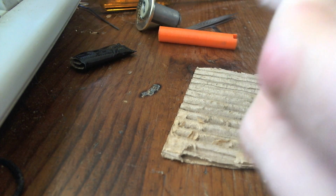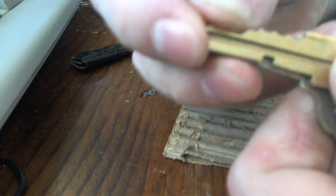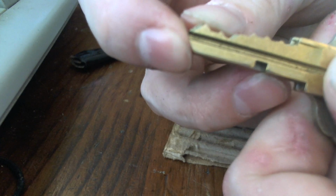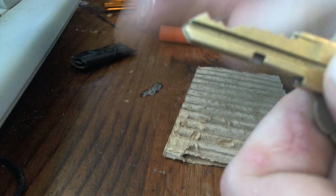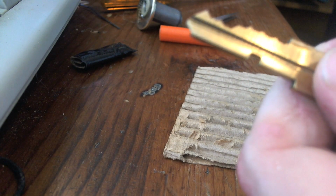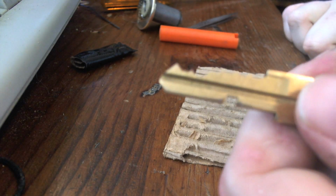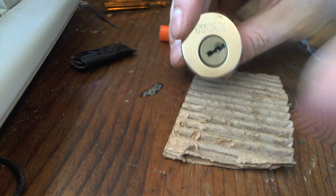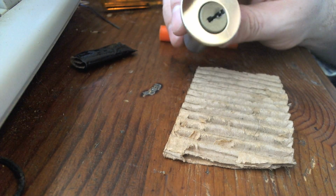So you'll notice if I put them together, obviously my key's not going to work. But you can see that they're counting on you using a key to get into this. There was no thought given to the security or pickability of this because we didn't use a key. So that hole was wide open. So we totally just picked this to control. I didn't turn it far enough for it to be control. It takes about 3/4 of a turn to get to control. I didn't feel like doing that, but